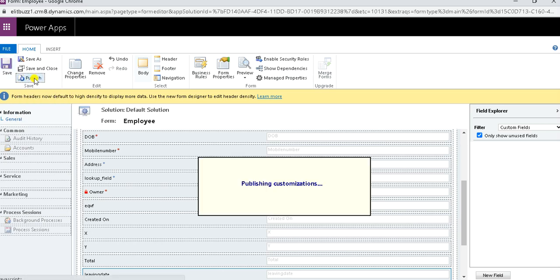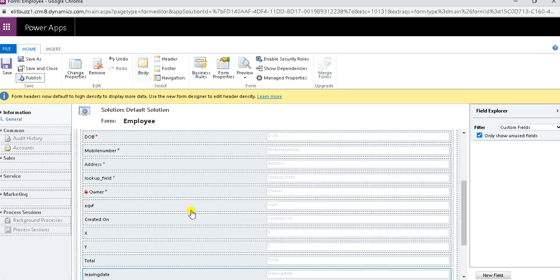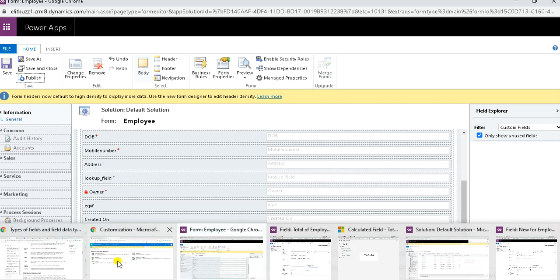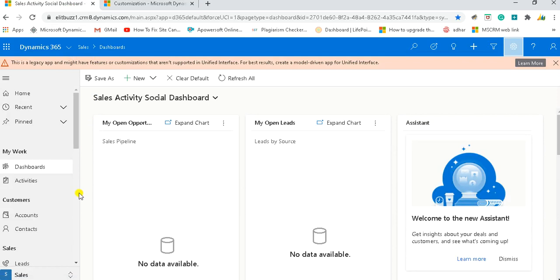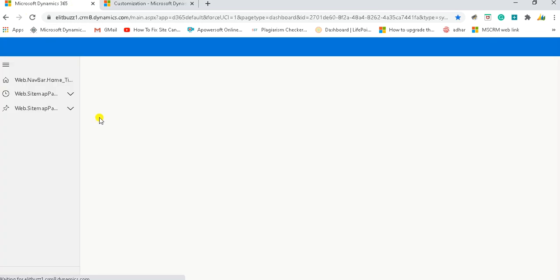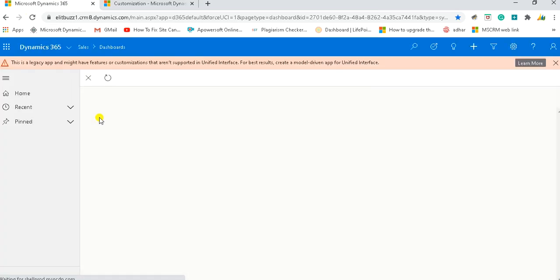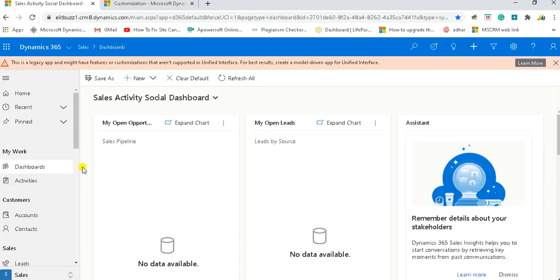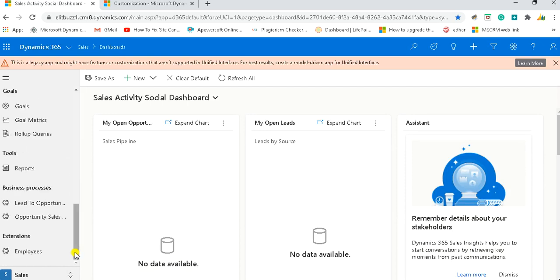Publishing is important. If you will not publish it, it will not reflect in CRM user interface. So my changes have been published. So I'll go to the user interface. This is the sales module. I need to refresh the page, which is important. So here, this is my employee entity.